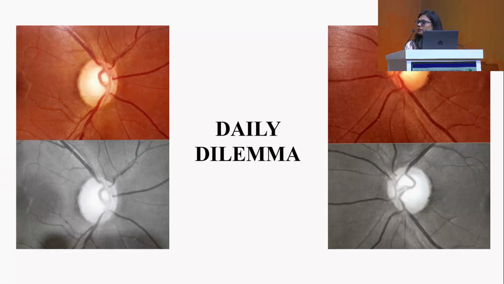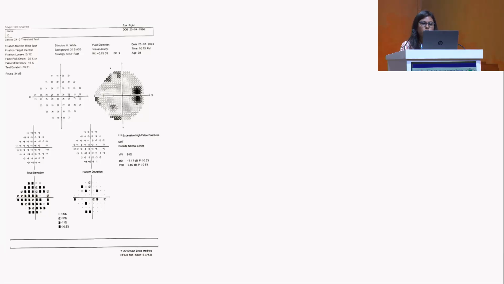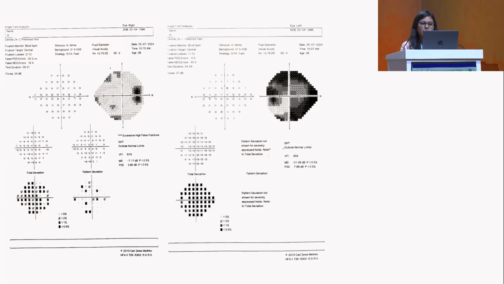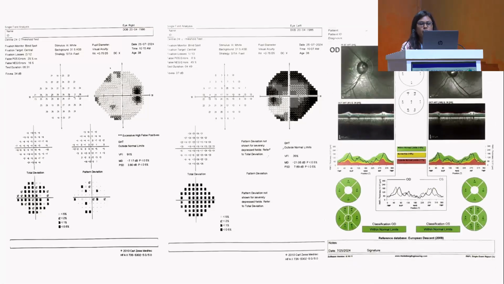Yes, please start. Good afternoon, everyone. To begin with my presentation, before that I would like to show the fundus photo of a patient of a disc suspect. So by seeing this type of fundus photo, we may go for visual field analysis. Here the visual field analysis of the right eye shows a high false positive error, whereas the left eye perimetry shows a high false negative error. Then we might go for an OCT RNFL. The OCT RNFL shows that both sides are normal. So from this, the thing that comes to our mind is that there might be something that affects the performance of